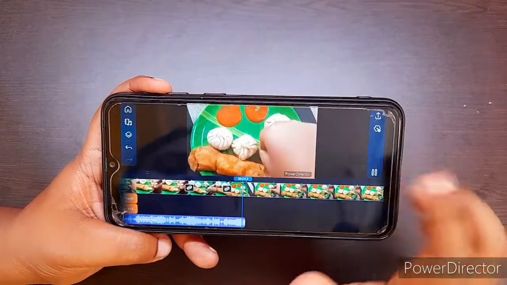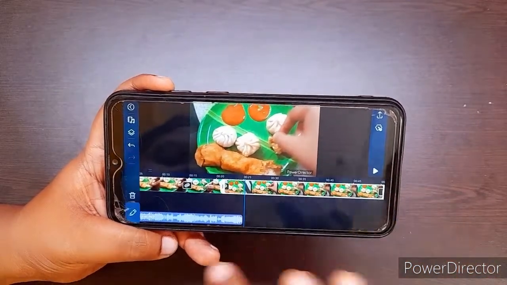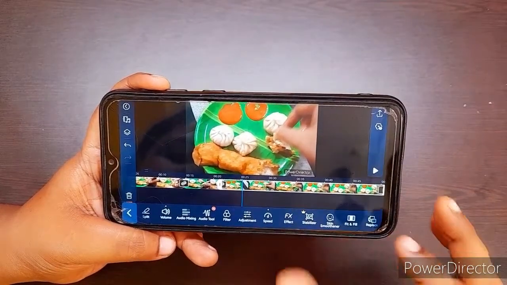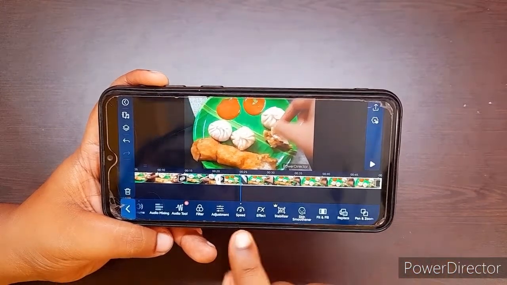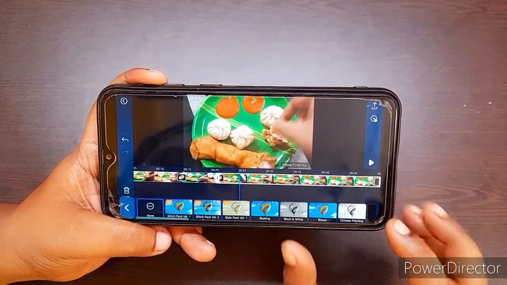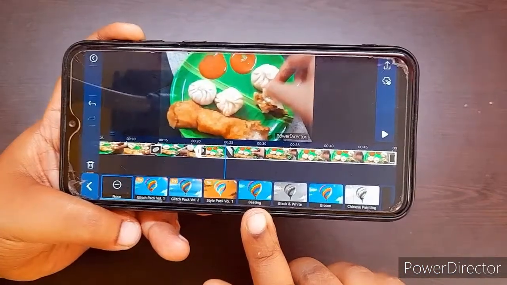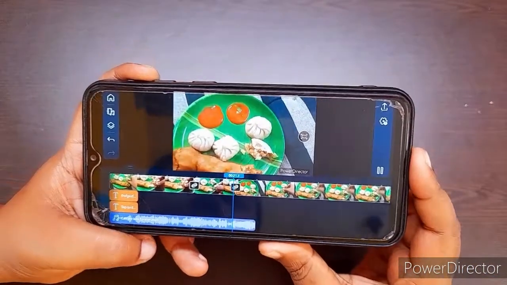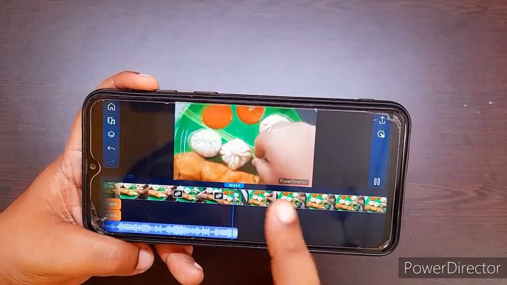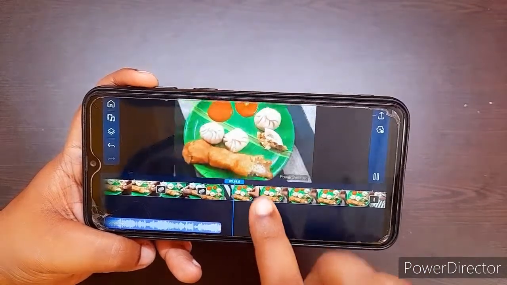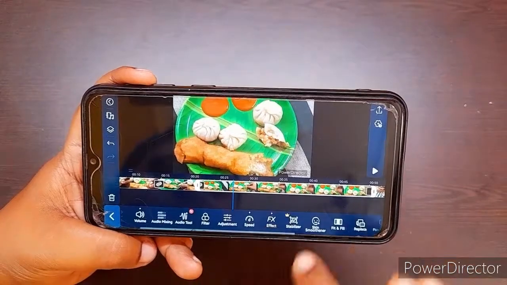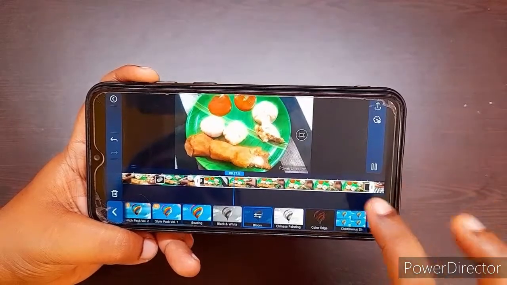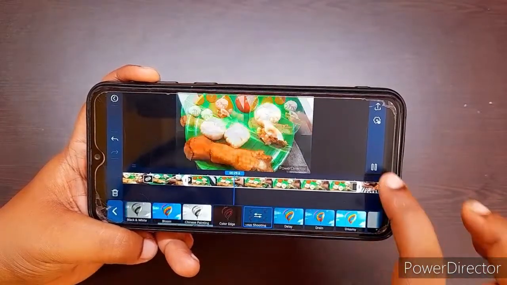So now I am doing something else. Now I will make some more effects. You just click on this effect. Now you see the beating one, just click on this, and now you see the effect. Like this you can give a lot of effects. You can choose this one. See this effect.